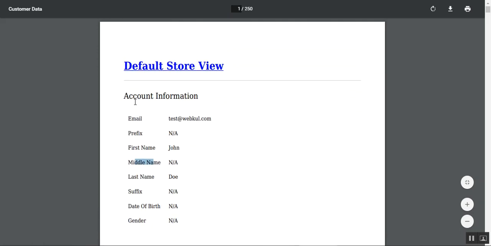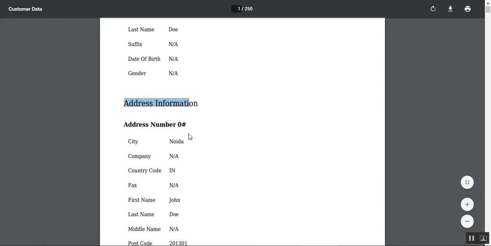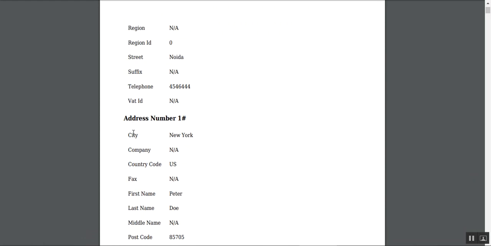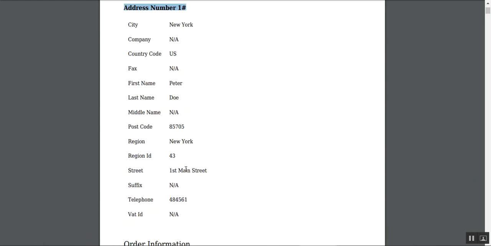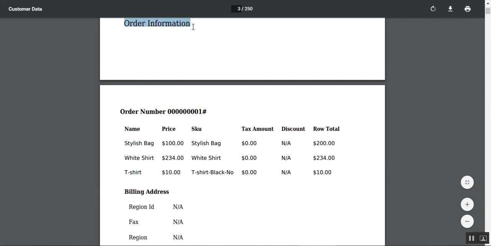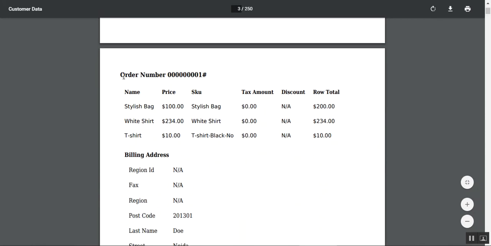So that was the account information. Then we have the address information of the customer. So here you'll be able to see all of the addresses that have been saved apart from the main address. Then we have the order information as well for the customer. So here you can see the orders that the customer has placed within the web store itself, along with the products within each of the respective